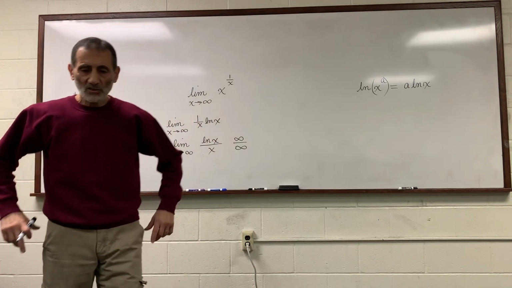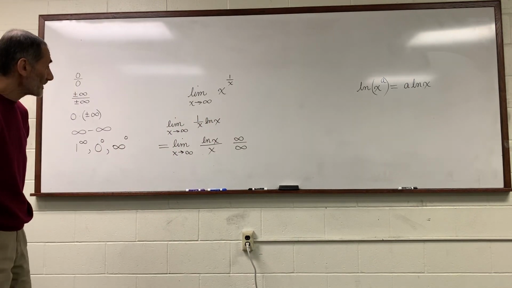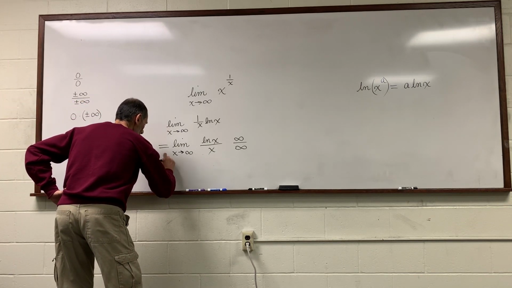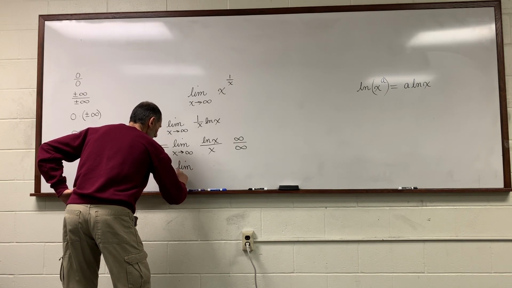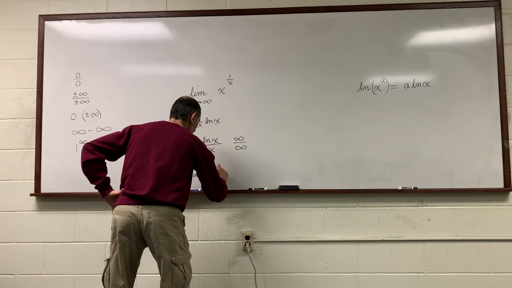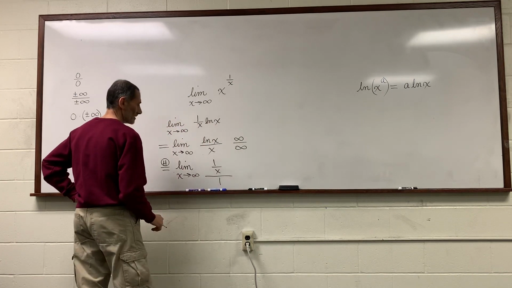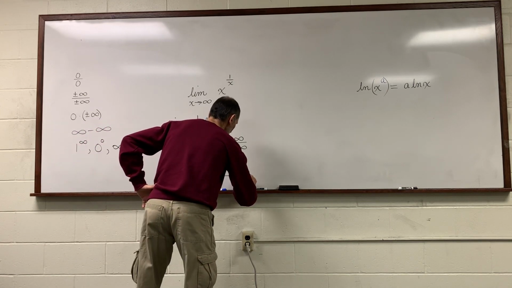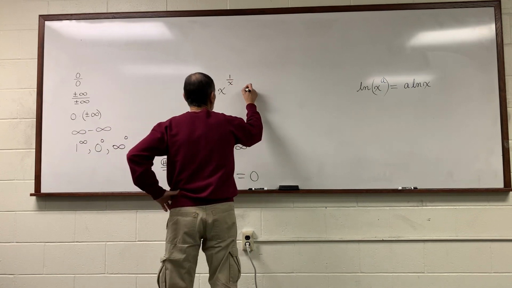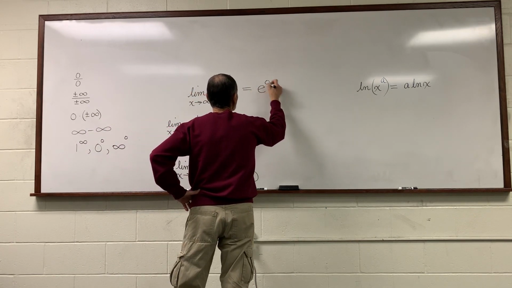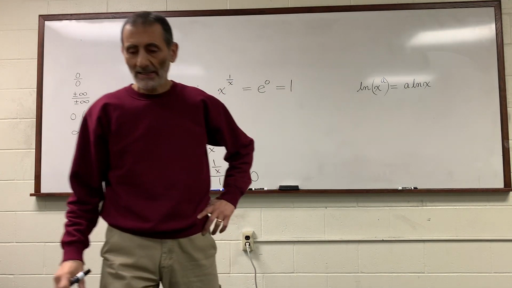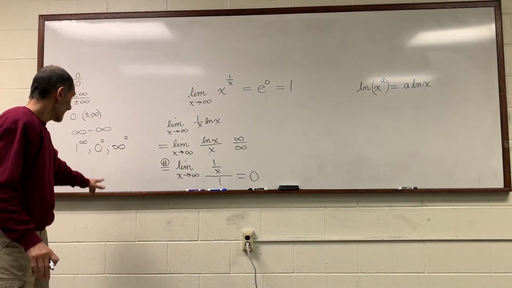A standard indeterminate form. So now we can apply L'Hopital's rule to that limit. And we get, by L'Hopital's rule, a limit as x approaches infinity of 1 over x divided by 1, which is 0 over 1, which is 0. Which means that the limit of this is e to the 0, which is 1. And that's the way these indeterminate powers